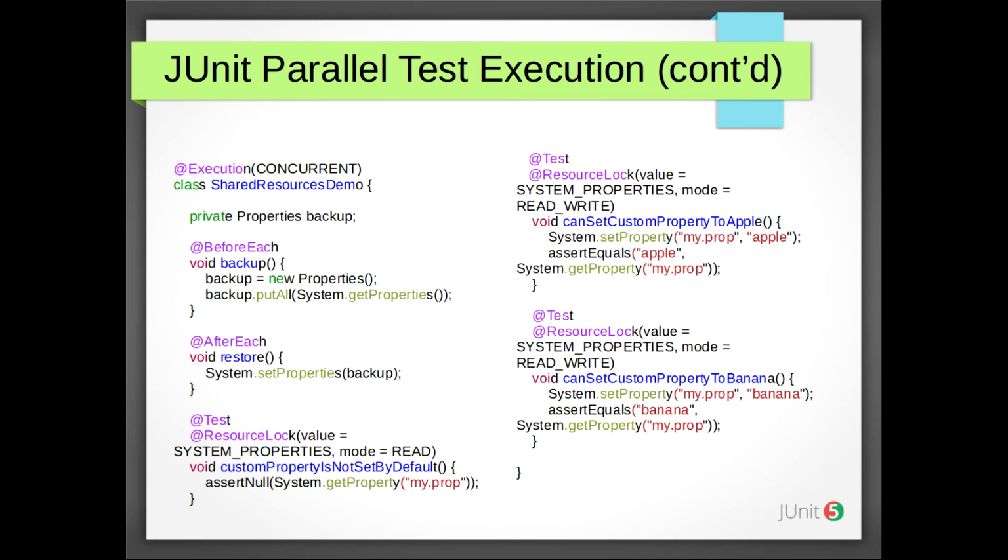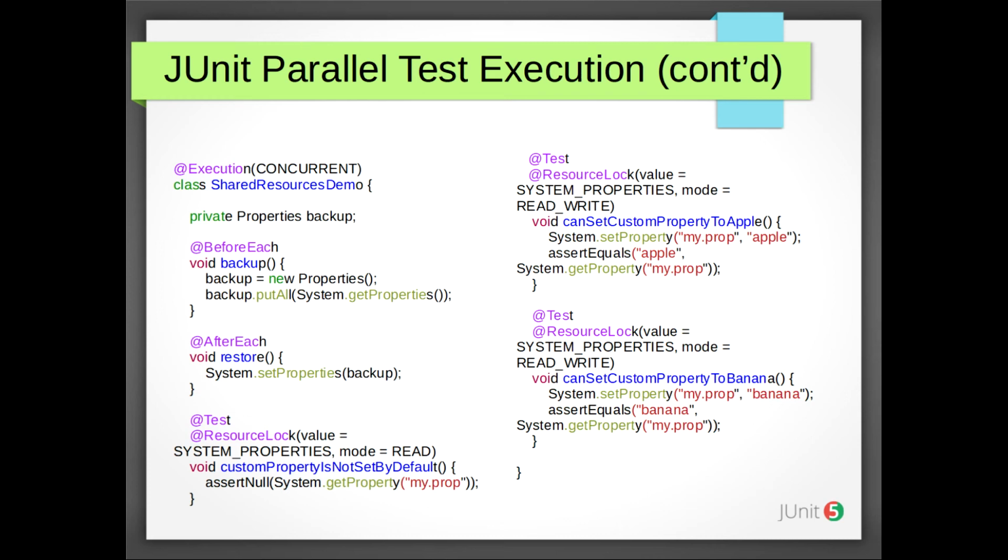So you can clearly see the utility of the add resource lock annotation without there being a high-level mechanism to prevent race conditions in concurrently running unit tests. What would happen if we allowed these three tests to run in parallel without locking any resource? The my.prop system property might get corrupted at some point when the canSet custom property to Apple would run at the same time, change parts of the